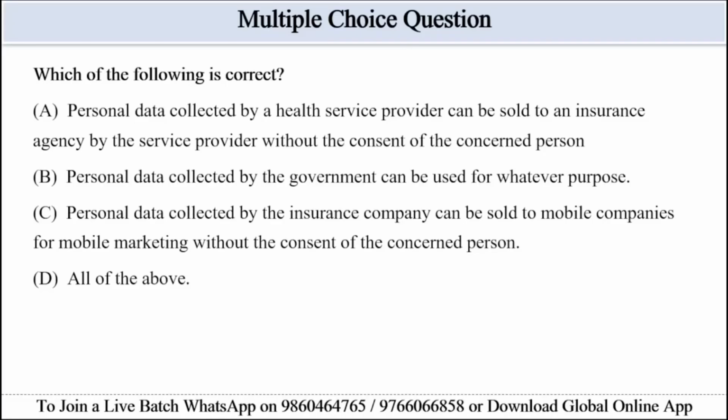So the passage says the government is not bound by purpose limitation and has broad exemption, but this is exactly why it is criticized as dangerous and unbalanced. Stating it as a blanket "can be used for whatever purpose" as a correct legal position overstates and normalizes what is criticized. In case of option C, personal data collected by insurance company can be sold to mobile companies for